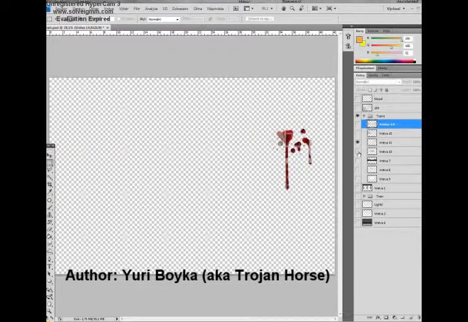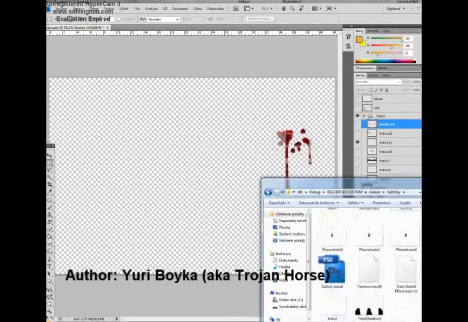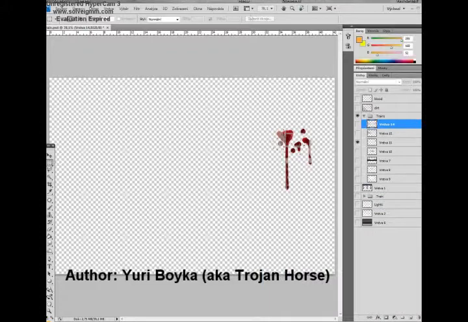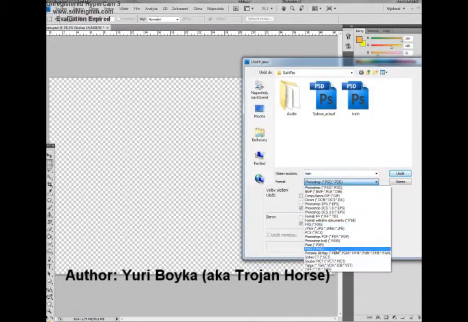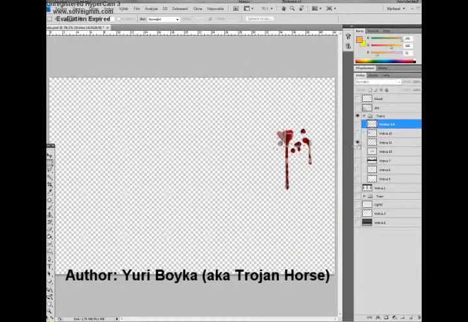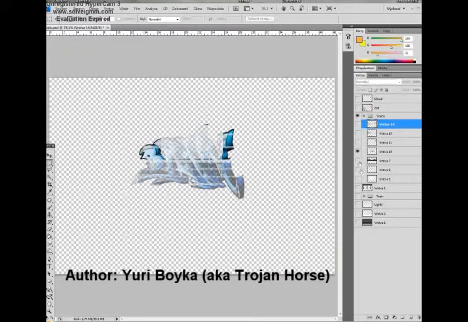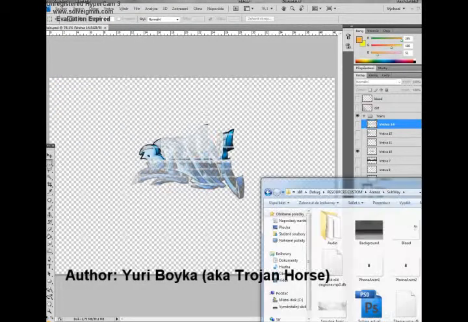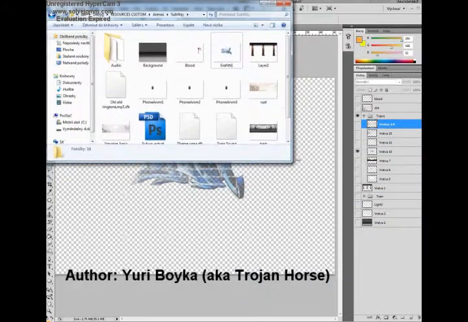So the blood is saved, I guess. It's not, so save it. File, save it as PNG, and let's name it blood. And the graffiti is saved. So for now it will be everything. So save the entire project, and we will move on to the